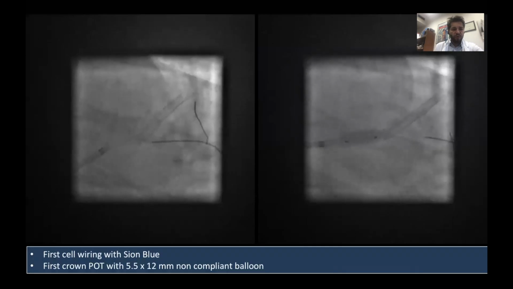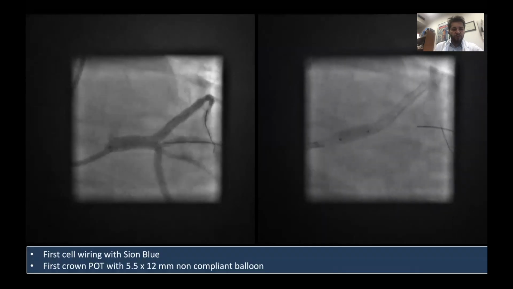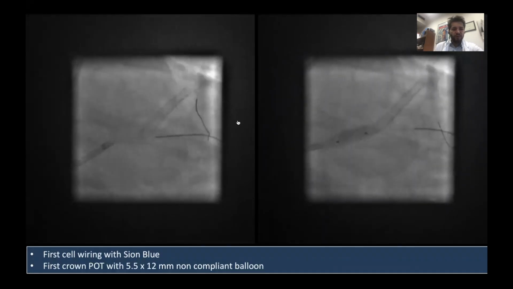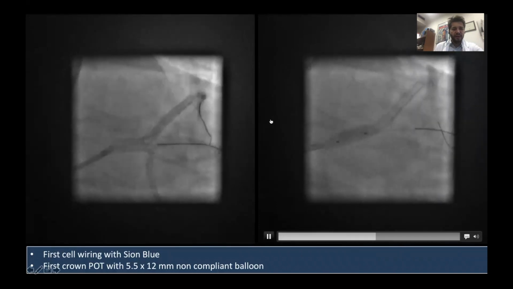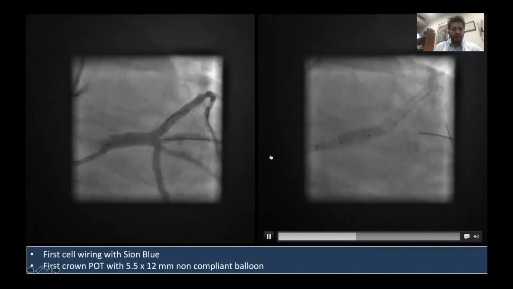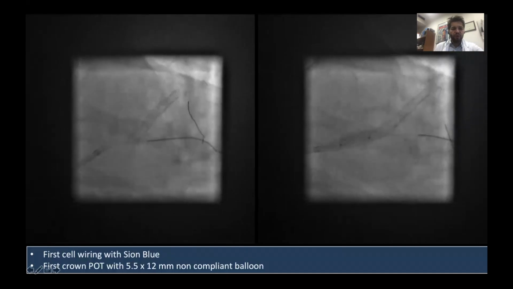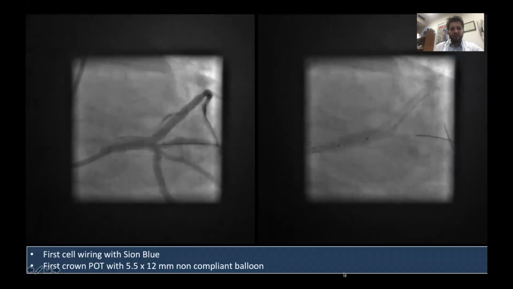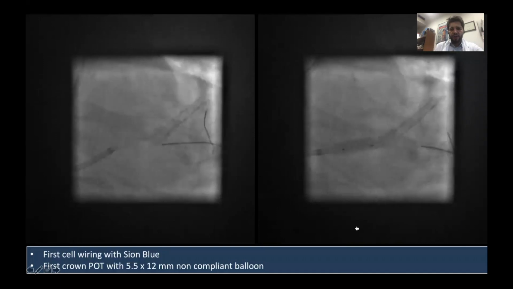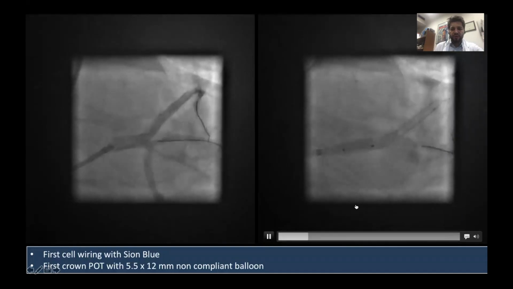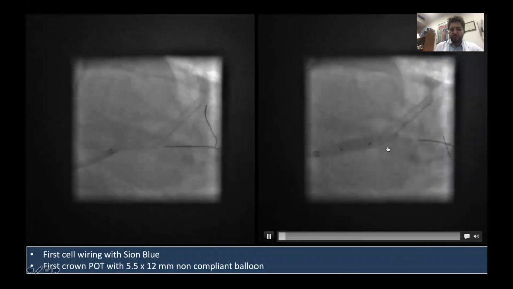So we first performed a side branch wiring across the first cell using a Cyan Blue, and tried to POT the first crown with a 5.5 non-compliant balloon. We used a 5.5 per 12 because we had no shorter balloon,